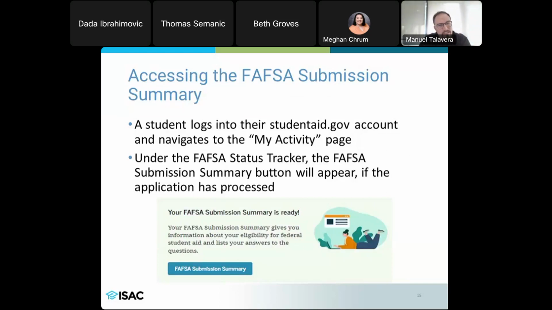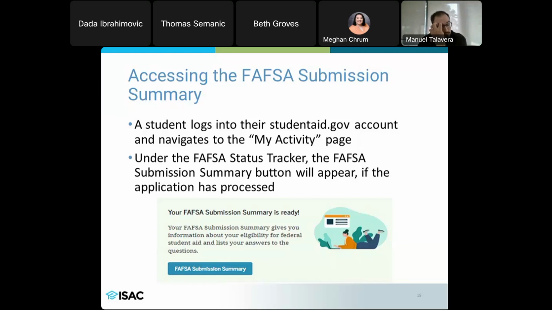communication from the Department of Education. In terms of, they submitted the 24-25, they will get an email saying they've made corrections or corrections are ready, or their 23-24 FAFSA has been filed, even though they know they filed the 24-25. So there's just a barrage of glitches happening in terms of the notification process. So if you see and notice that, definitely let us know. Because we have a far reach, we let our ISAC core members know, and they can go out and let other folks in other regions know, so that we're all on the same page.